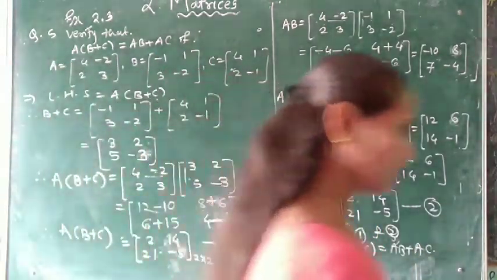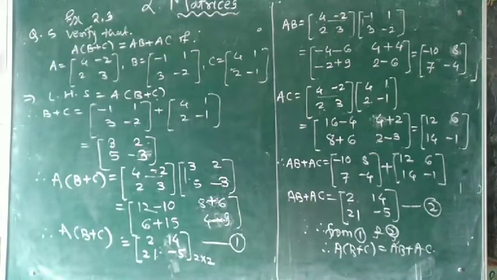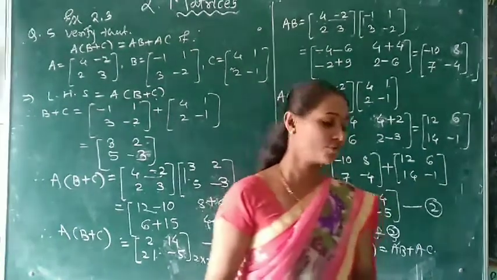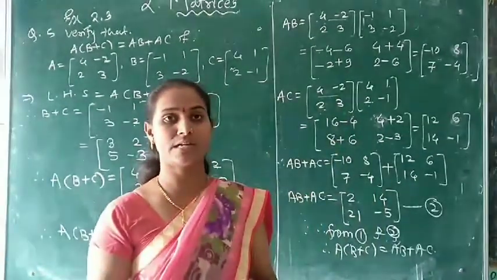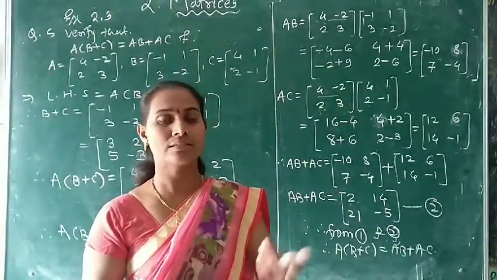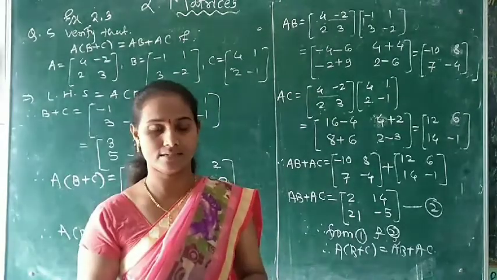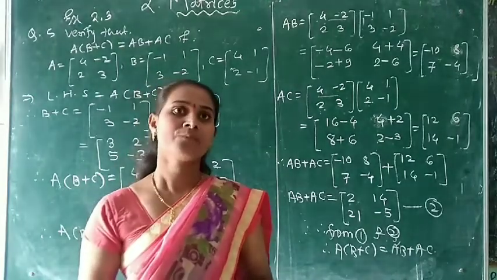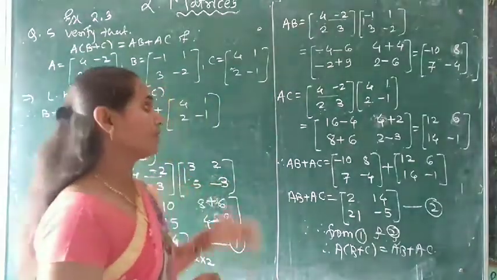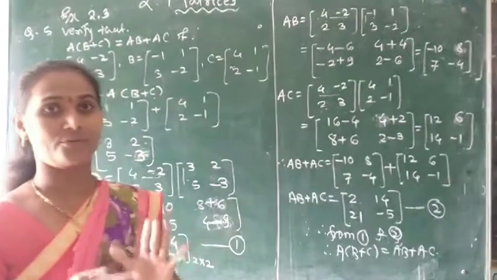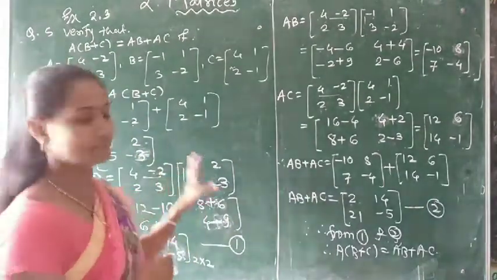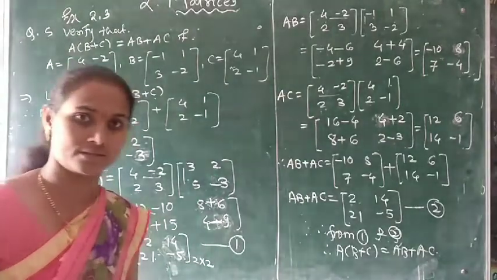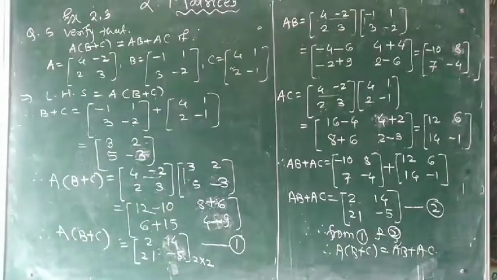You should try to solve the next question. Question number 6. First show that AB is a singular matrix. So first find the product AB. And how to show it is a singular matrix? Take its determinant. If it is 0, then we say it is singular, and if it is non-zero, then it is non-singular. For matrix multiplication, we have to check the values and signs very carefully. You should try to solve our example number 6.